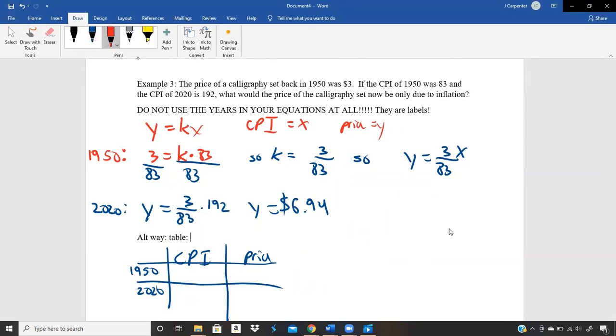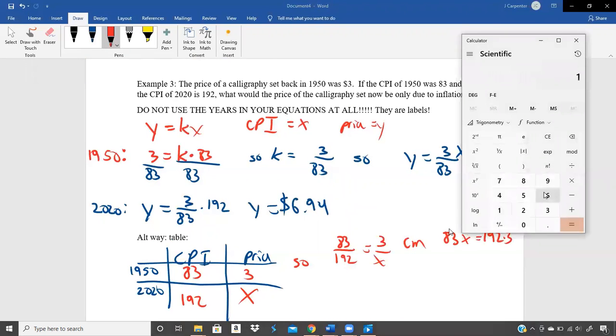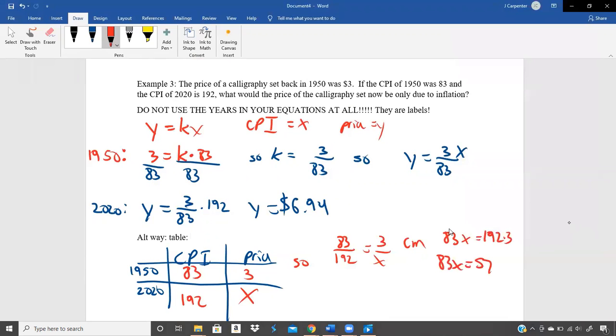The CPI for 1950 was 83. For 2020, it was 192. The prices that we have, we know in 1950 it was $3. That makes this the X. So we do 83 over 192 equals 3/x. We cross multiply, which gives us 83x is equal to 192 times 3. 192 times 3 is 576. So that's 83x equals 576. We divide both sides by 83,